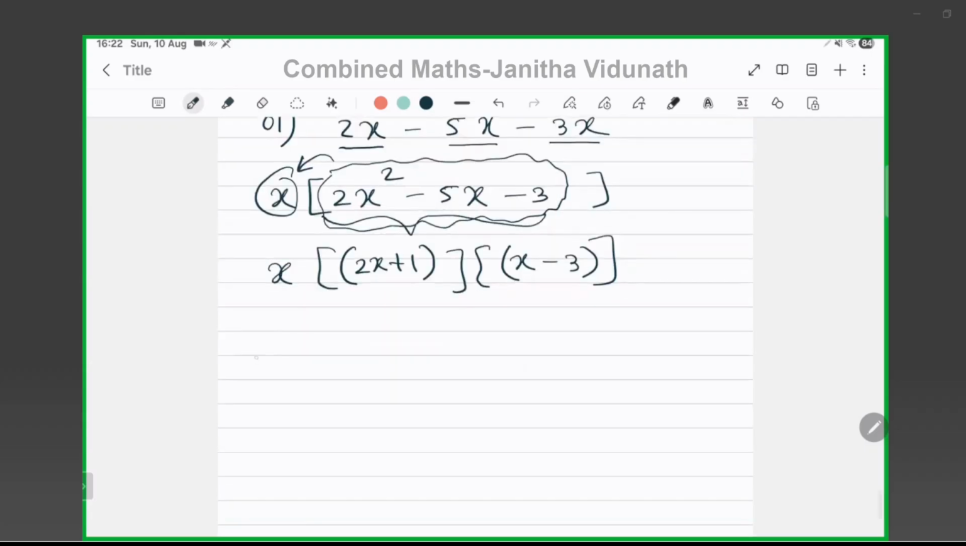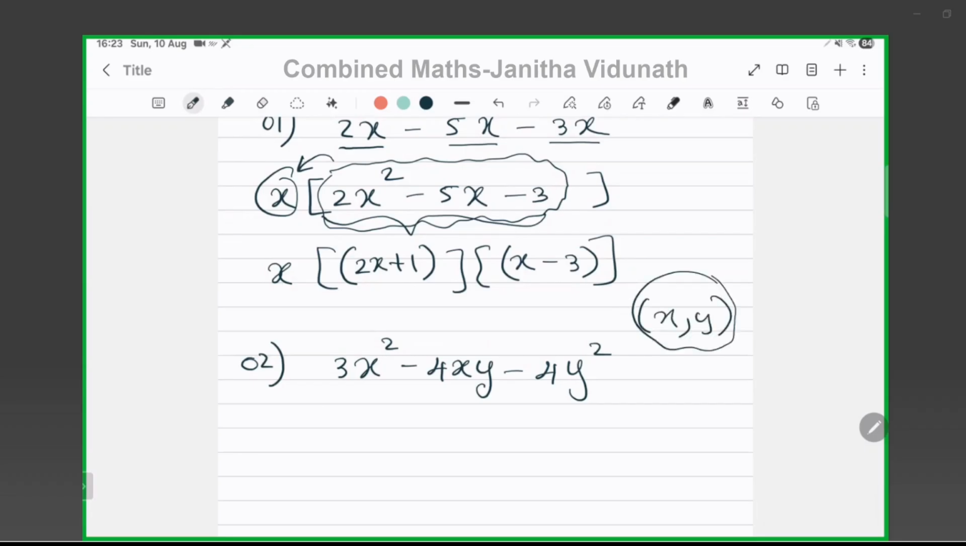Okay, let me do another separate equation. 3x square minus 4xy minus 4y square. This expression has two variables, x and y. But the steps are the same as for quadratic trinomials. What we do is